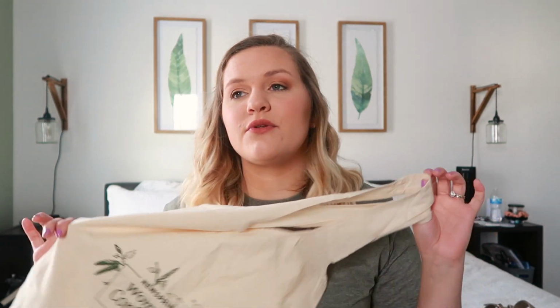Also, you can put like dirty clothes in this on your way back. Literally, you can use this bag for so many different things. I do have one more that I don't have up here, but one last thing, or two more things that I have up here, are an extra phone charger, because like I said, a lot of my travel necessities